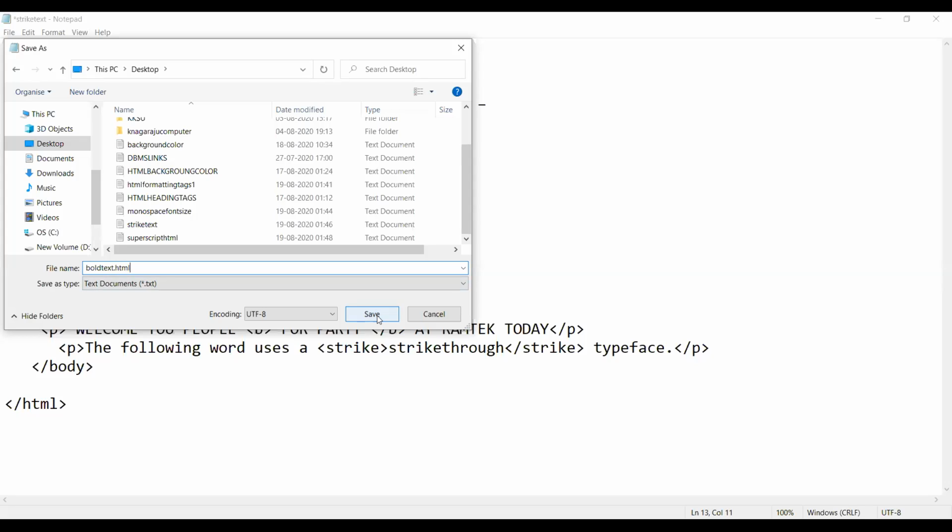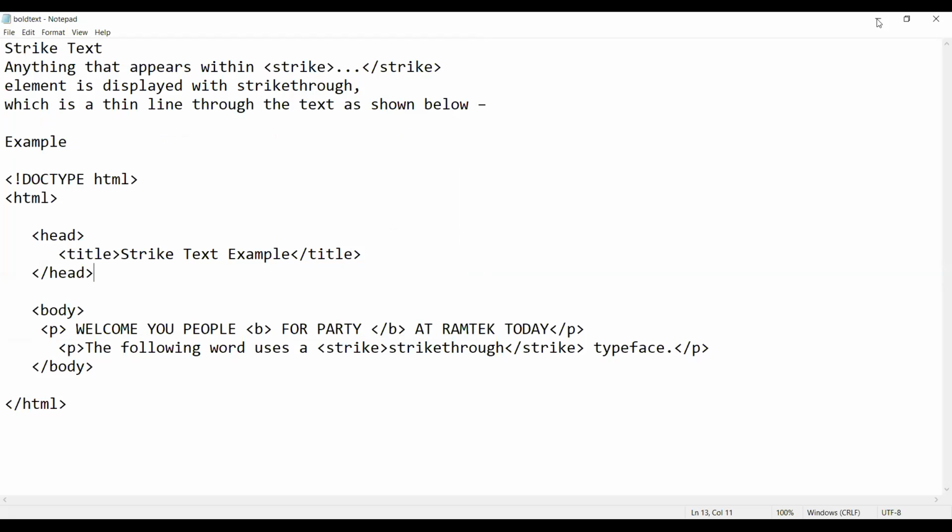Now I have saved this one, bold text.html. I saved this file on the desktop. It is saved. Now minimize it and I'll open that one. I have opened it. Then I will show you how it appears.